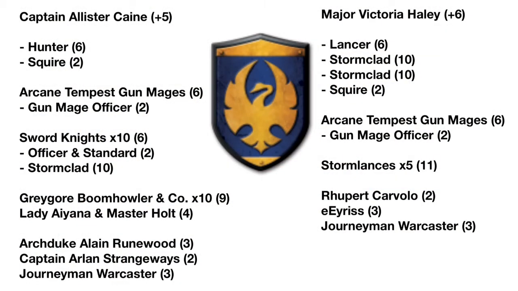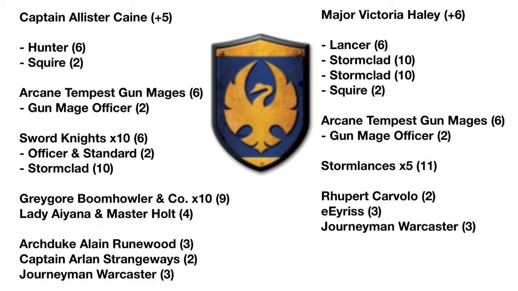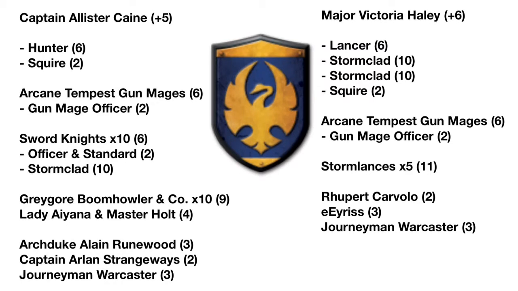Let's start by looking at the Cygnar lists. It's Captain Alistair Kane, also known as E. Kane. He's got a hunter and a squire with him. He's got a unit of Arcane Tempest gun mages and the gun mage officer. A full unit of sword knights with the officer and standard, and Jack marshalling a stormclad. Also a full unit of Boomhowler and Company, Lady Ayana and Master Holt, Archduke Runewood, Captain Strangeways, and the genuine